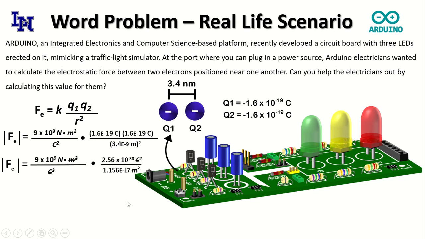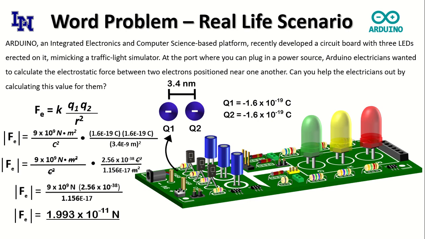So just a little bit of simplification, this leads to electrostatic force equal to 9 times 10 to the 9 newton meter squared per coulomb squared, times 2.56 times 10 to the minus 38 coulomb squared, all divided by 1.156 times 10 to the minus 17 meter squared. So we can see the meter squared and the coulomb squared cancel each other out, as they're in both the numerator and denominator of this problem. So now we're just left with the electrostatic force equal to 9 times 10 to the 9 newtons times 2.56 times 10 to the minus 38, all divided by 1.156e negative 17, or times 10 to the minus 17. And this should yield a value of 1.993 times 10 to the minus 11 newtons as the electrostatic force